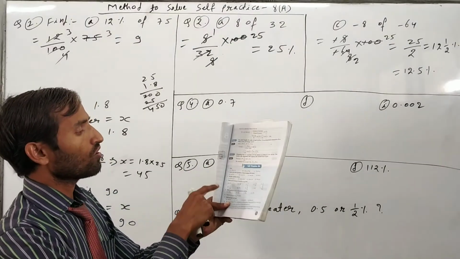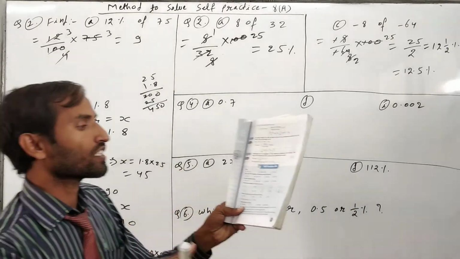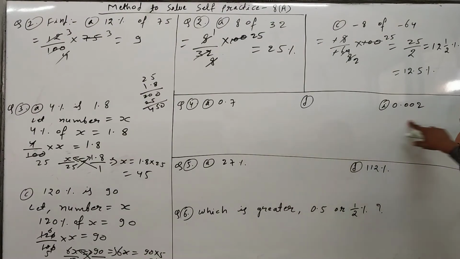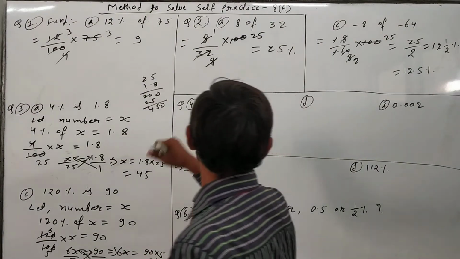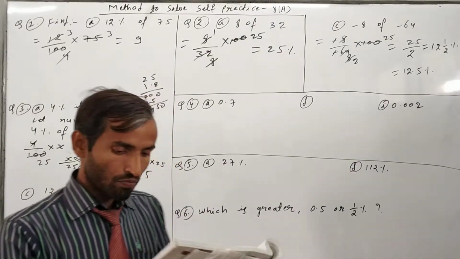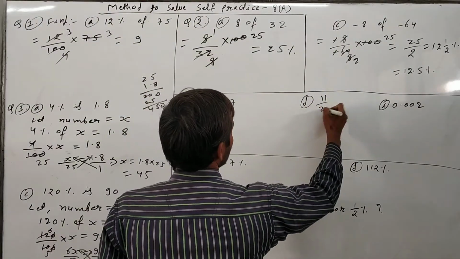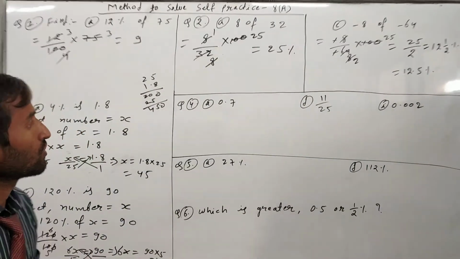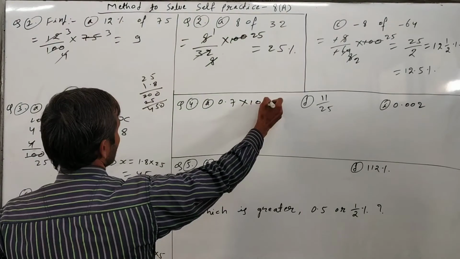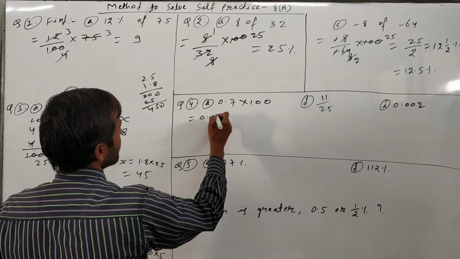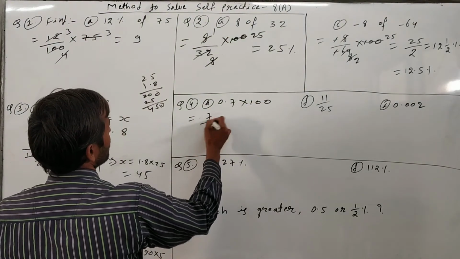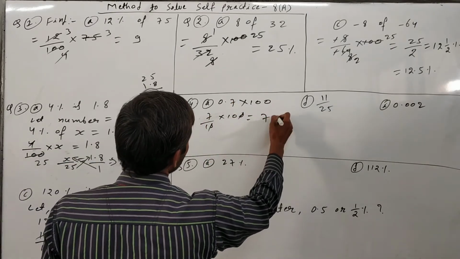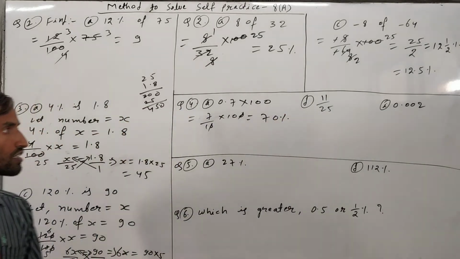Now in question number 4, I have already explained during the definition of percentage basics, how we have to convert any number or any decimal or any fraction into percentage. The same type of process we have to do there. In question number 4, in the D part, 0.7. For that we have to multiply by 100. So 0.7 into 100, just remove this point, it will come 7 upon 10 into 100. Then the 0s will cancel, 7 into 10 it will come 70%. So this is the answer, 70%.